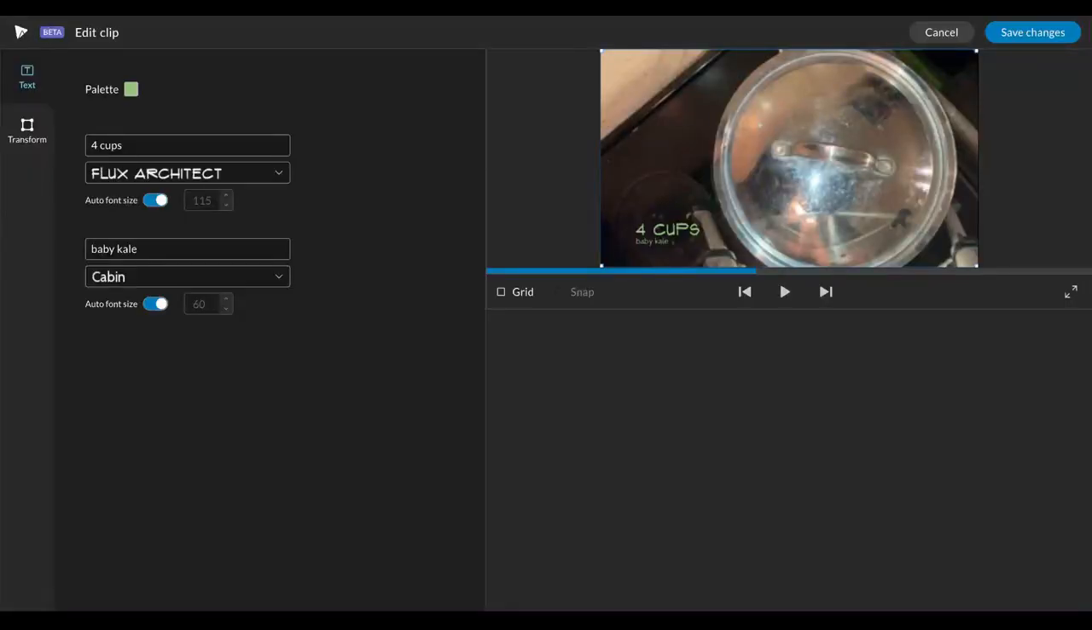When you are editing your text, you want to be thoughtful about the color, the font size, and then where it actually is on the screen. So you can see right here, you can't really read it very well, especially the baby kale. So you could change this in one of 2 ways. You can either take off the auto font size and then you can make the font a little bit bigger, but sometimes that doesn't always work depending on the style. So maybe I make this smaller and you can adjust that way. Another thing you can do is you can just kind of make this a lot larger just so that we can see